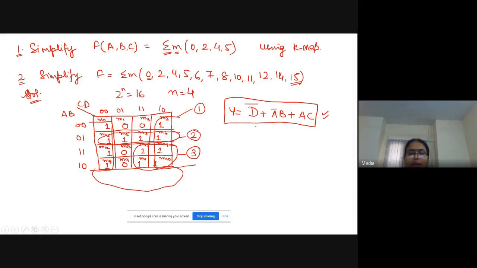So this is all in this part of K-maps. In the next lecture, we will cover the problems of K-map having more variables, ranging from 5 to 6 variables. So we will see the problems we will face when the number of variables is 5 or 6. Because of the problems with such a huge number of variables, we will move on to the next method, that is called the QM method.